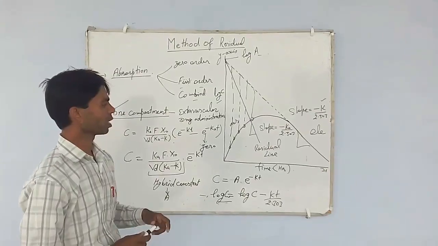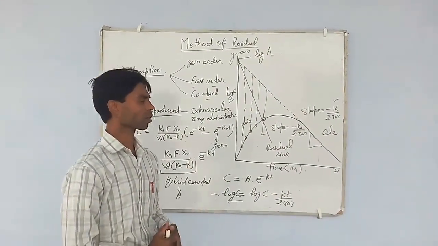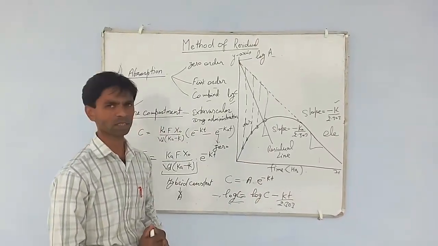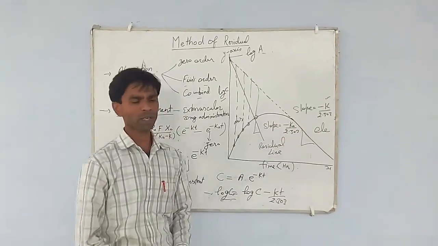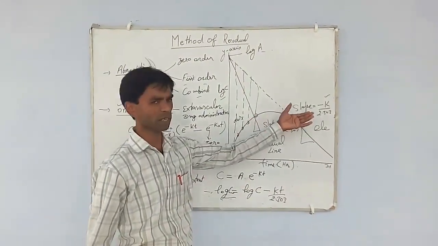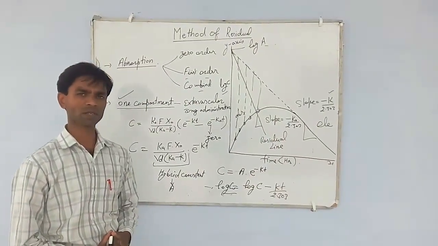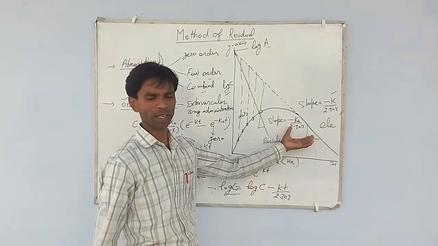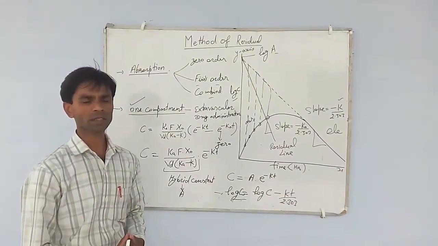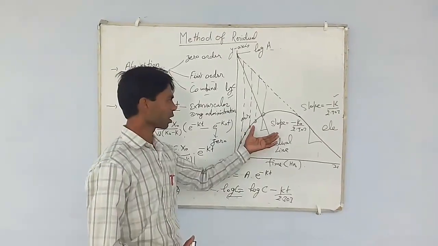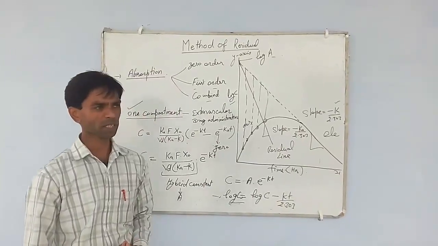For determining the absorption rate constant by the residual method, we require assumptions. The first assumption is that the absorption rate constant is at least 5 times greater than the elimination rate constant. The second is that absorption and elimination of the drug follow first order kinetics. This method is also known as the flip-flop method if the absorption rate constant is not greater than the elimination rate constant.